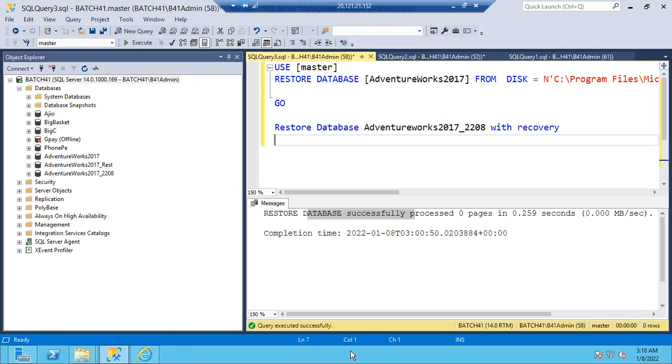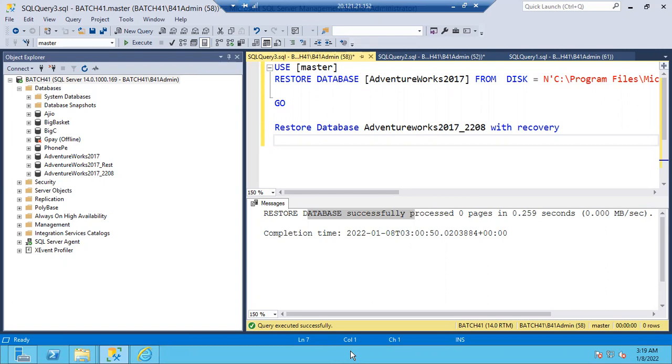Sometimes they might ask you the question: I have a 1 TB database, how much time will it take to take the backup? I have a 1 TB database, how much time will it take to restore the database? The answer is usually, if you are backing up to the local server, the same server, for 1 TB you can expect around 40 minutes to 1 hour. 1 TB to 2 TB, you can expect around 1 hour to 1.5 hours. More than 2 TB, you can expect around 1.5 to 2 hours. Mostly, if the database size is 1 TB, 40 minutes to 1 hour it will take, guys.